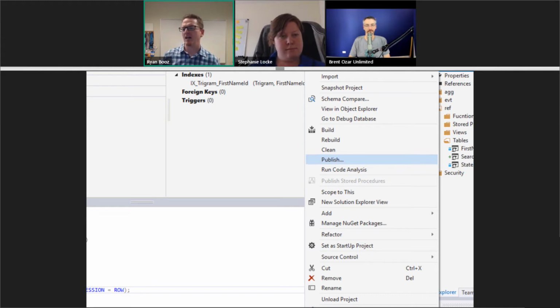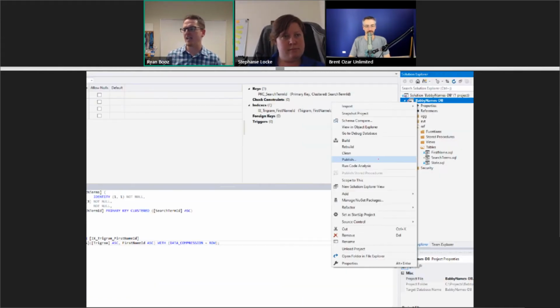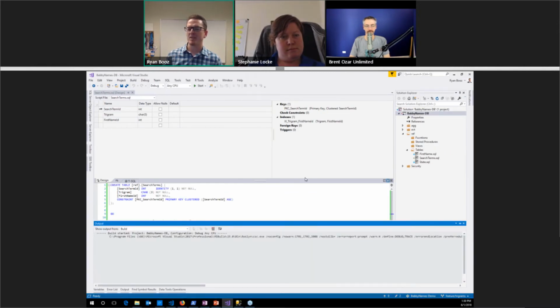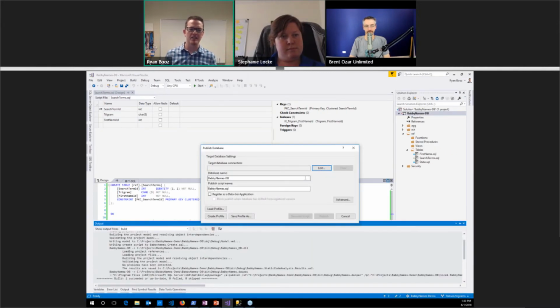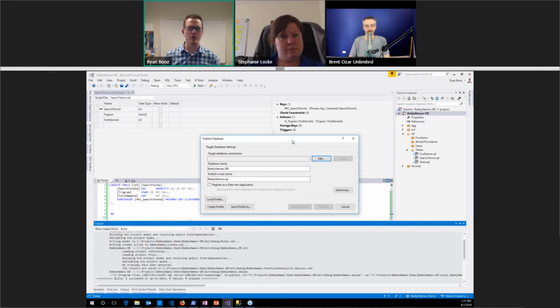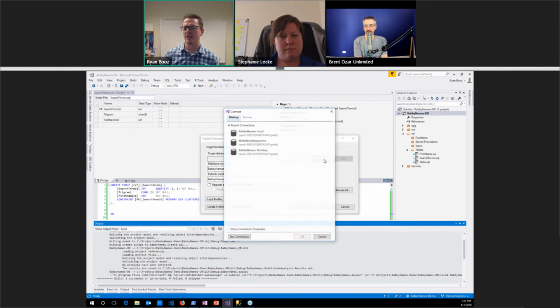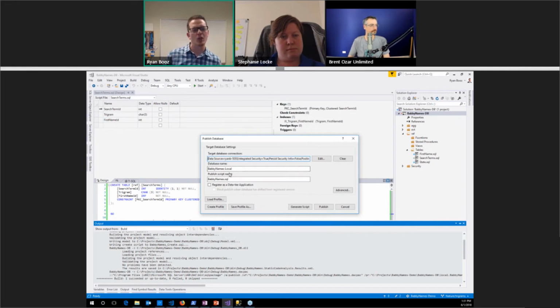So that's cool. When I click Publish, the first thing it's going to do is actually build the project because it needs to build it to produce a DAC file. And I get a dialog where I can say, where do I want to publish this thing to? So really this is a way for me to get my settings together up front, so then it's repeatable. I can just keep reusing this deployment, all right? So I'm going to first connect to that local database, Babby names local. So now it knows that's where I want it to apply the information to. But before I click Publish, I want to make sure that the settings are the same.